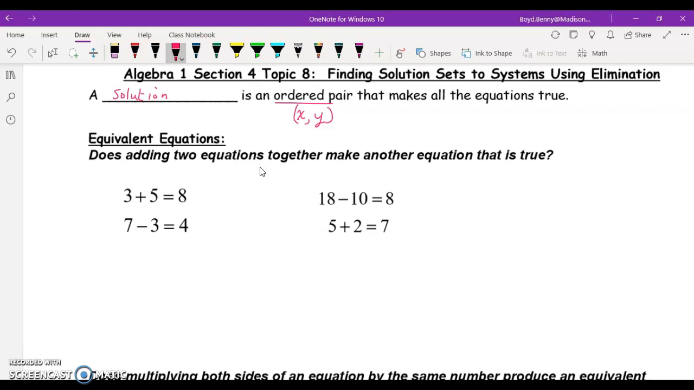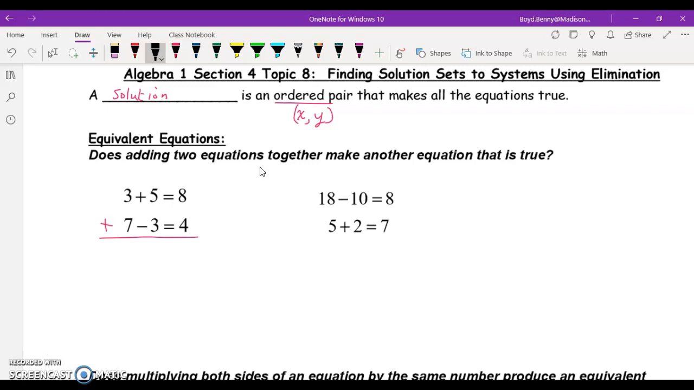So today we're going to look at elimination, but before we get into actually solving some systems with elimination, let's take a look at equivalent equations, because we're going to use some of these strategies to solve systems. So the question here is, does adding two equations together make another equation that's true? Well, let's see if that in fact happens. So if I add the top equation to the bottom equation, do I get another equation